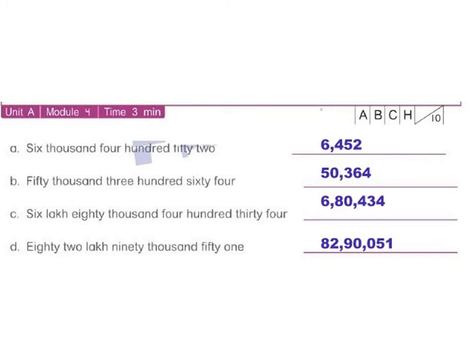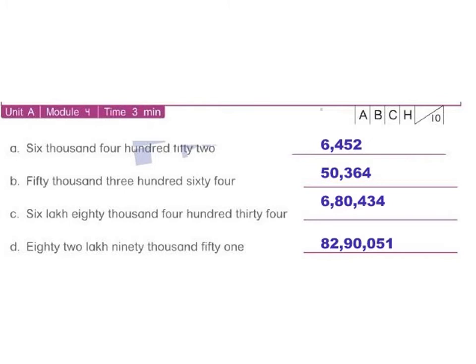That means a 6 will come, then a comma will come. Then 80,000, then 80 will come and a comma will come. Then 434. Simple. The last one, 82 lakh. That means we will write 82 and put a comma. 90,000, that will be 90 comma